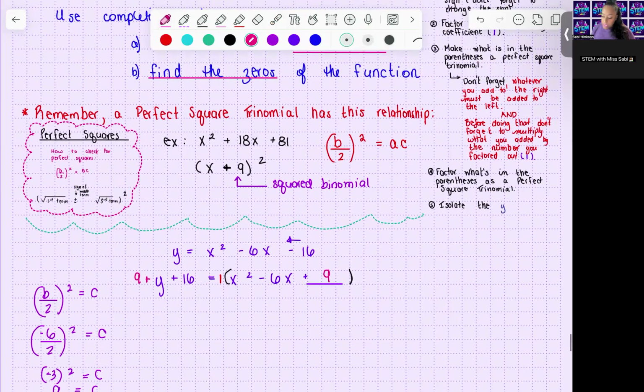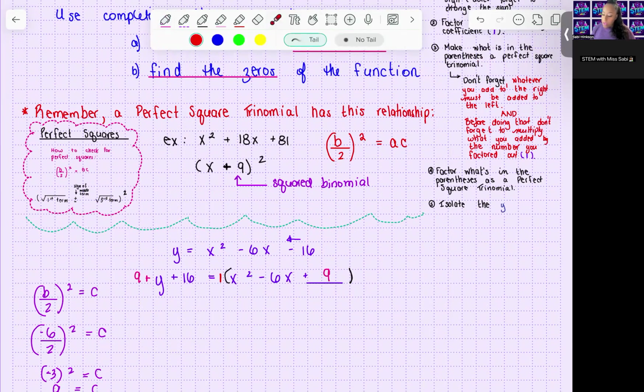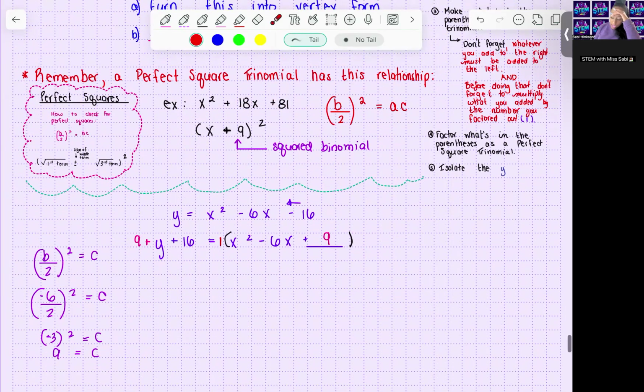Okay, so it says make what's in the parentheses a perfect square trinomial. Don't forget, whatever you add on one side must be added to the other. And then factor what's in the parentheses as a perfect square trinomial, because now it is a perfect square trinomial, right? So what does that look like? So remember the formula for that, okay? So I'm going to just add that 9 and 16. So I have y, let me keep my purple pen. So I have y plus 25